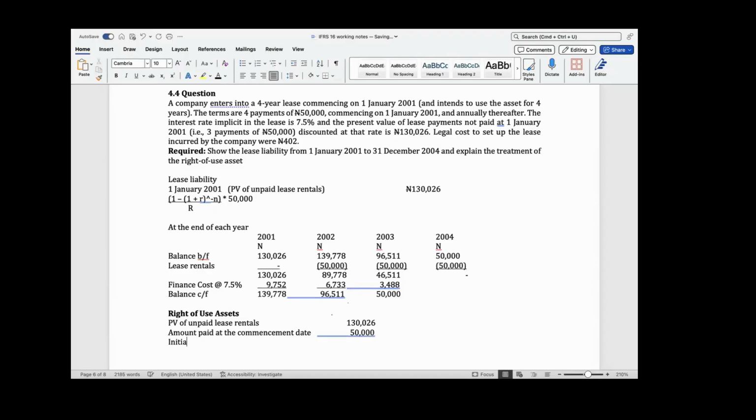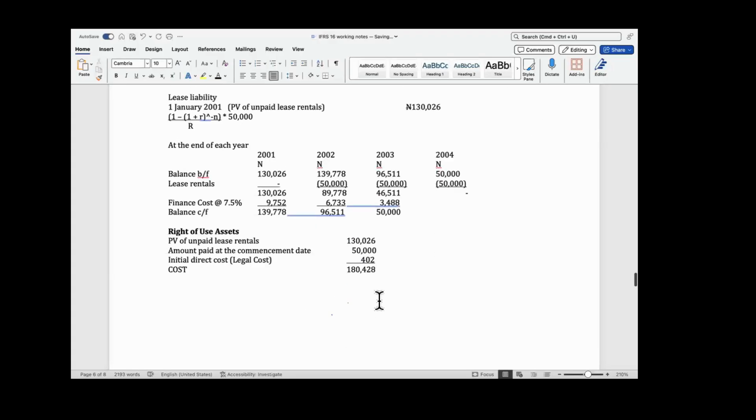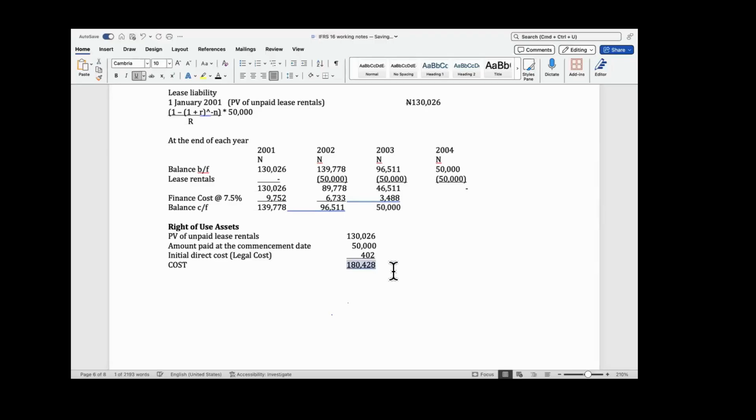Then you add initial direct cost, which in this case is the legal cost of how much? 402. So the cost is 180,428. If you add the three together,